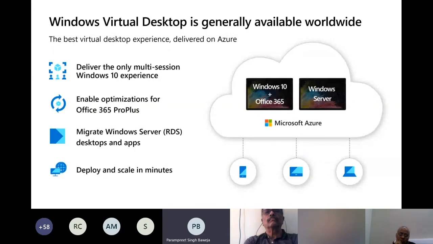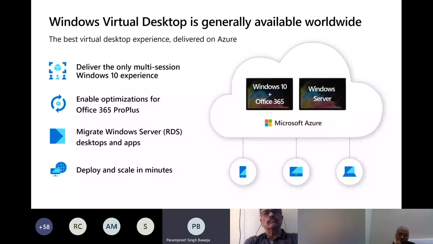So you can define this is an administrator, this is a team manager, this is a developer, this is a tester, and accordingly you can assign images and application access to them. And you can also control whether that person is able to copy from his desktop, whether he is able to use a CD-ROM, whether he is able to perform certain other functions, take screenshots. Everything can be controlled as an administrator.